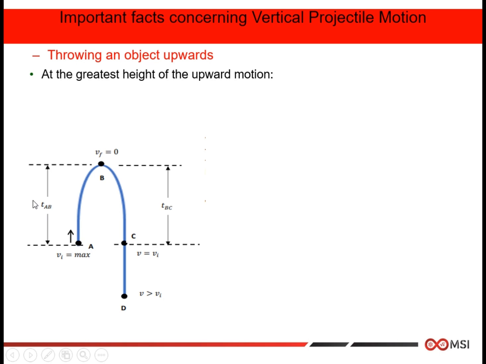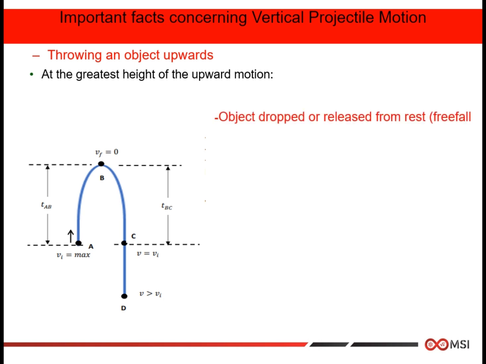And the time between v initial and v final is the same for the ball thrown upwards and for the ball falling from the top back down to the v max. Okay, and the second scenario